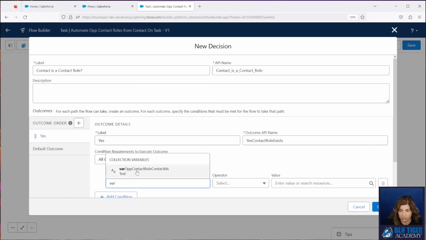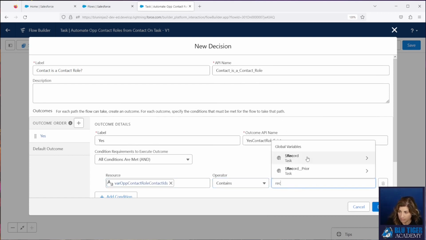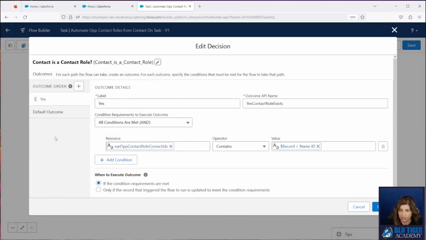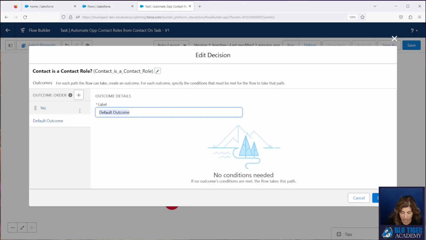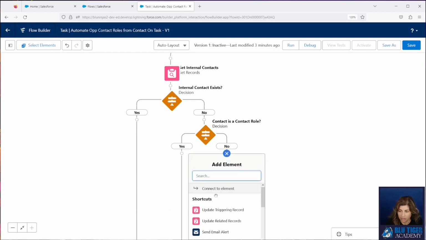And then we're going to look for that text collection to contain the Who ID from our task. And then let's set our default outcome to say no. All right, and if the contact is not a contact role, then we want to create it.